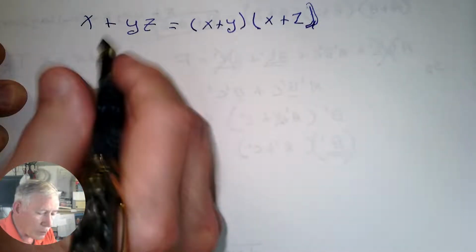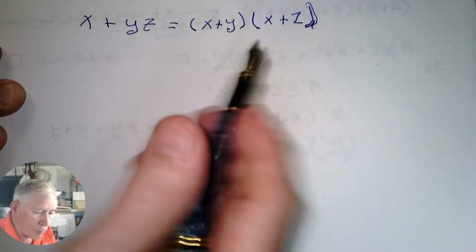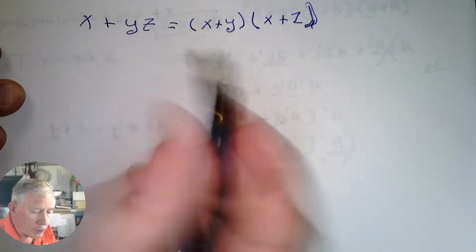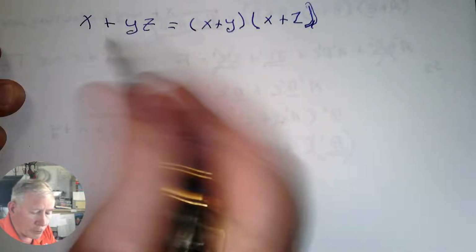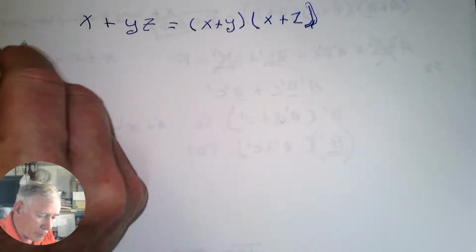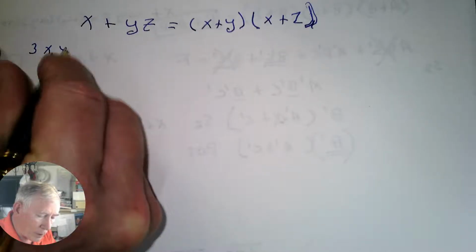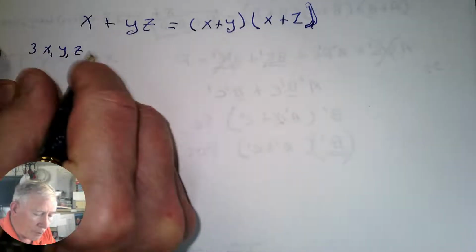Okay, so how do we prove it? We prove it by generating a truth table with all the variables in it. Well, how many variables are there? There are 3 variables, x, y, and z. So we're going to have 8 rows,